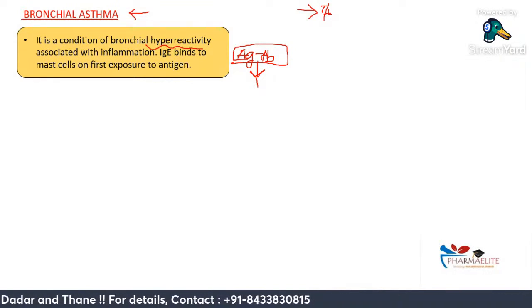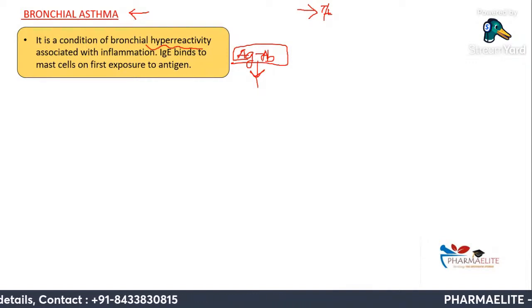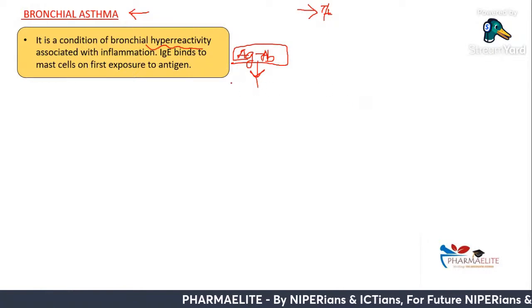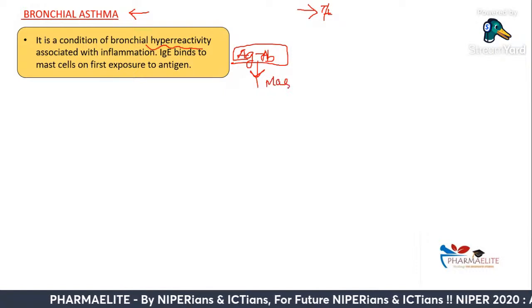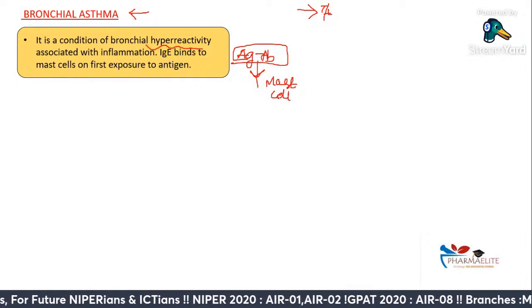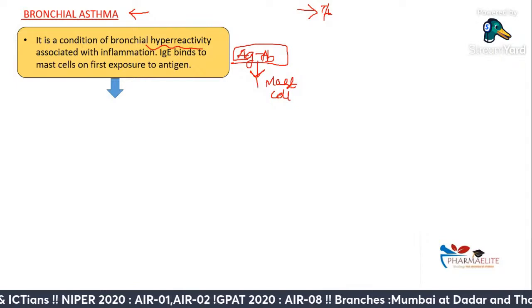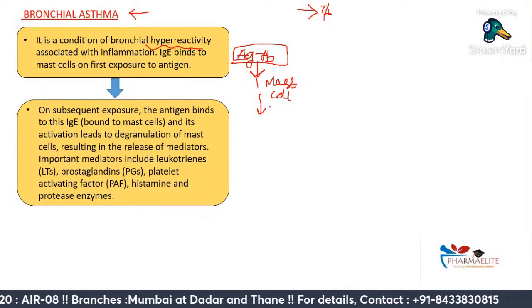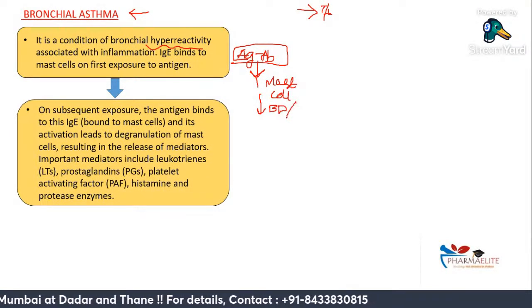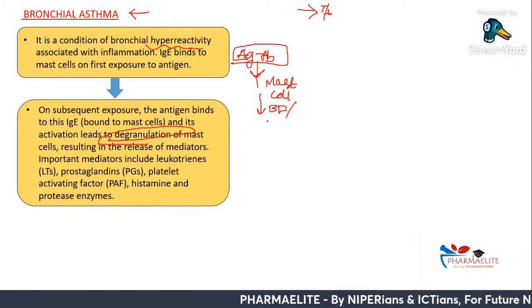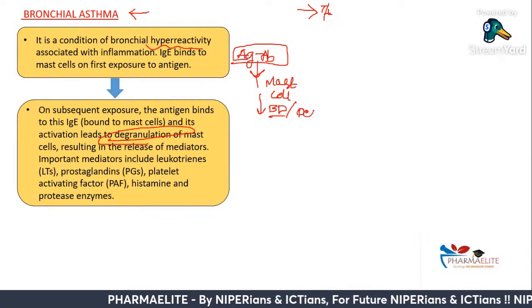So if I say the patient is getting asthma, in that case the major cause of asthma in the patient is the antigen antibody reaction. Now, this antigen antibody reaction happens specifically on mast cells only. Correct? I hope you are all aware of these different types of cells. Once the antigen and antibody react on the mast cell, the next thing that happens is the mast cell breaks down. In scientific language, the mast cell undergoes degranulation. Once the mast cell has undergone degranulation, once it has broken down,